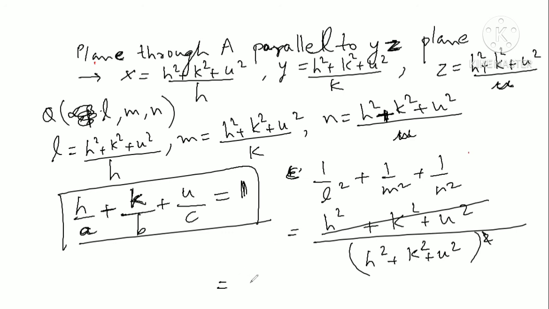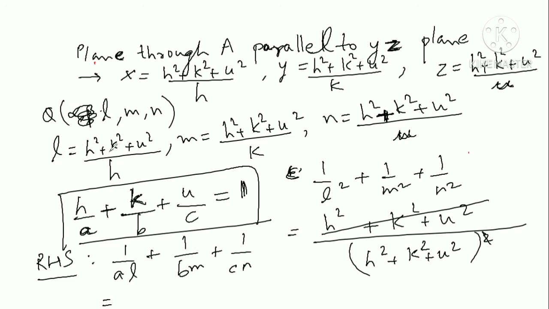And now this is the LHS in the given proof that we have to do. And now if we want to prove the RHS, what is the RHS? Right hand side. So the RHS is 1 upon AL plus 1 upon BM plus 1 upon CN.